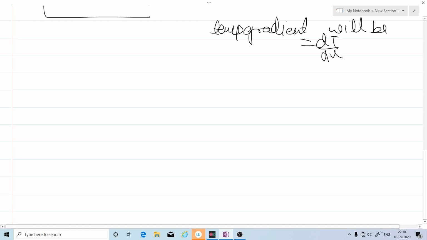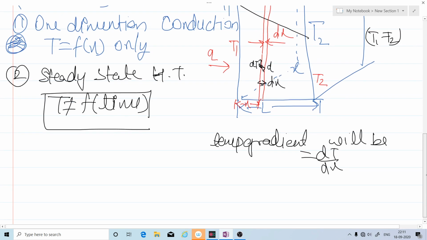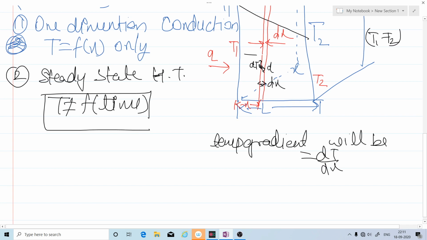Let's say the heat transfer taking place through this small section is qx. Now, we know that for conduction heat transfer through a rectangular slab, or any kind of slab or any kind of material, there is a law for heat transfer, that is Fourier law of conduction. So, according to Fourier law of conduction,